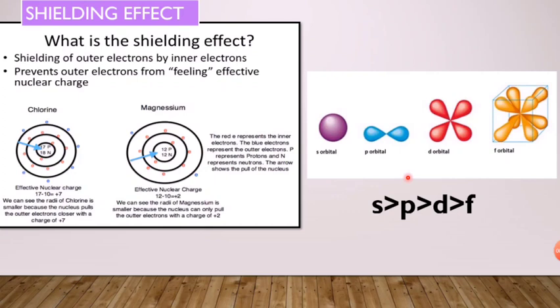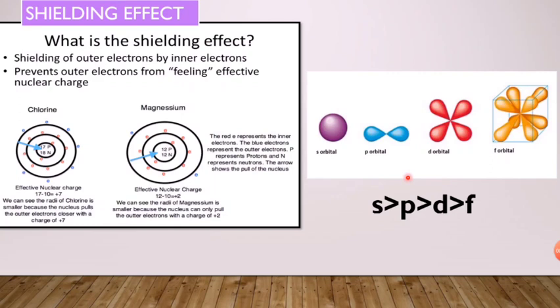Okay, valence electron towards itself. But there will be an effect known as the shielding effect, which is caused by the inner electrons present in the different orbitals of s, p, d, and f between the nucleus and the outermost orbital, which shield the nuclear charge acting upon the valence electron.